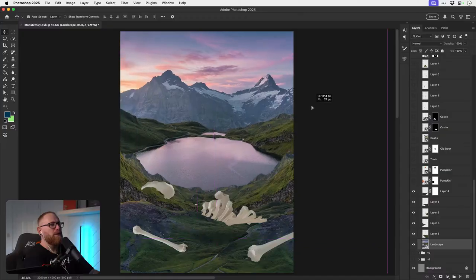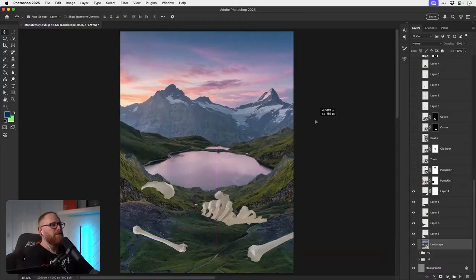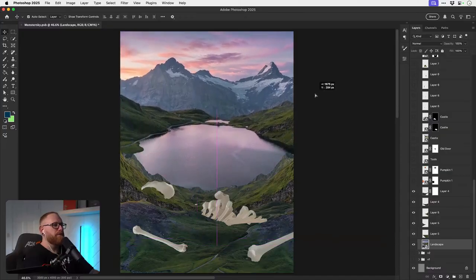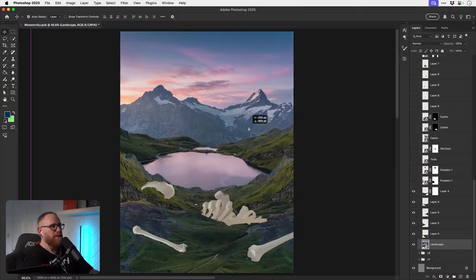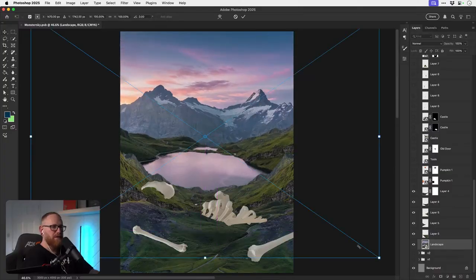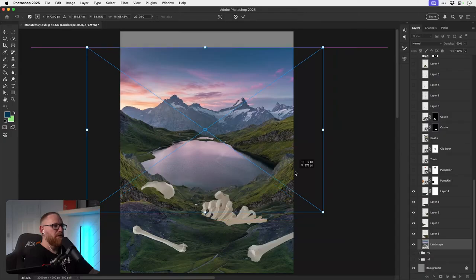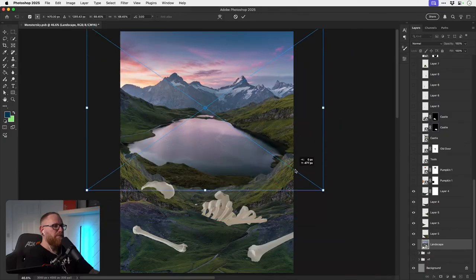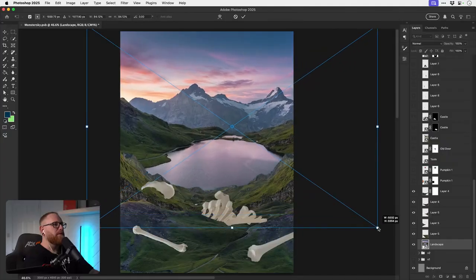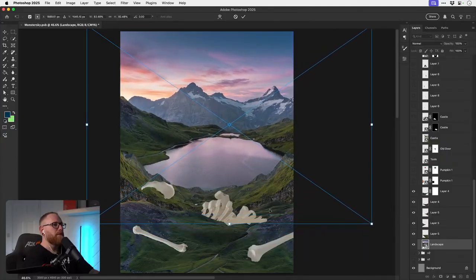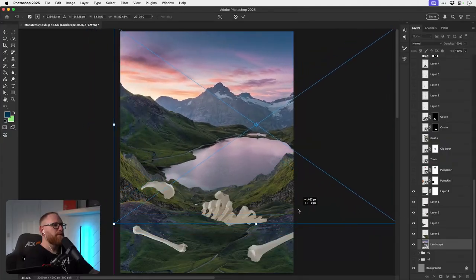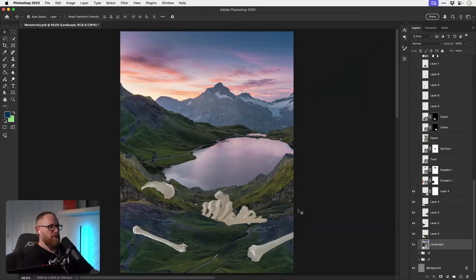Ooh, that looks quite... Oh, yeah, this looks kind of cool. Ooh, it's like an eye. Like an eyeball lake. We could actually make this smaller. Now I've filled out the bottom part. Could even offset it like this and turn it into a completely different thing.